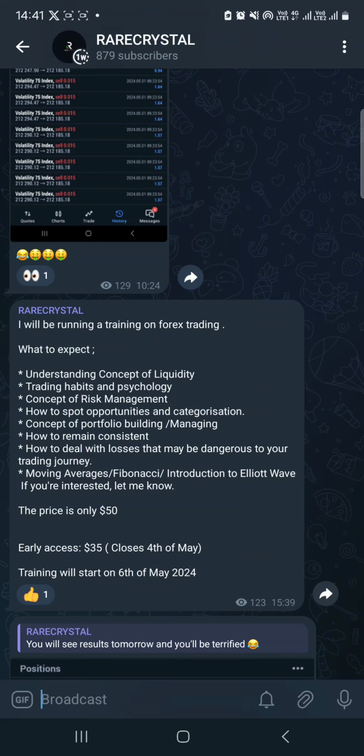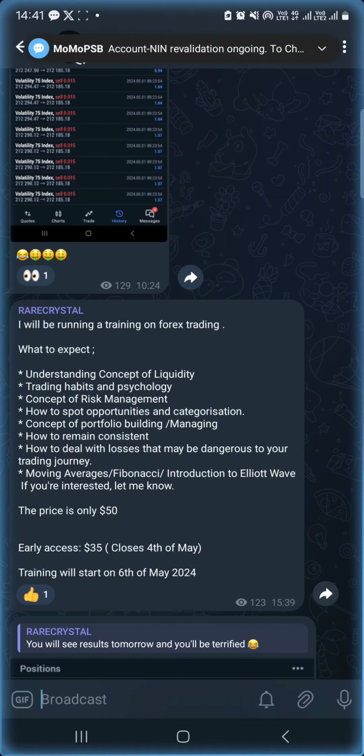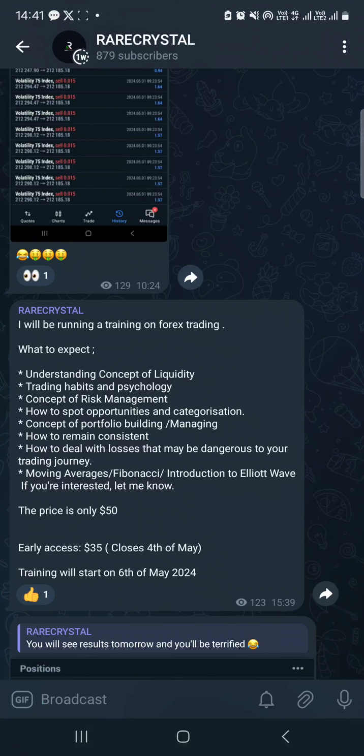Some people think it is the ability not to give up, but I always say it: if you keep losing money, it's just a matter of time. There will be a time that you'll be exhausted. So how can you remain consistent? How to deal with losses? We know that losses are also part of trading, but how can you deal with them, most especially the losses that can ruin your trading journey, because there are some losses that some people will just say accept, but it may be difficult to accept. So how do you deal with different losses? And we'll talk about